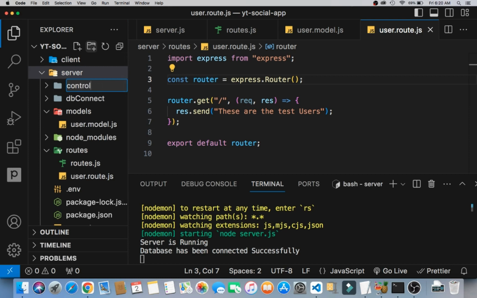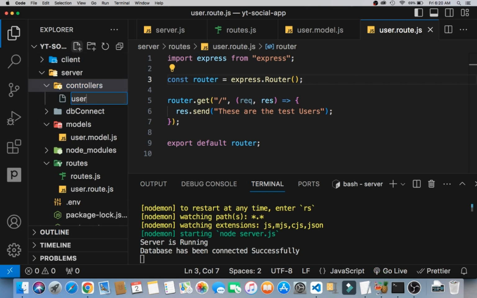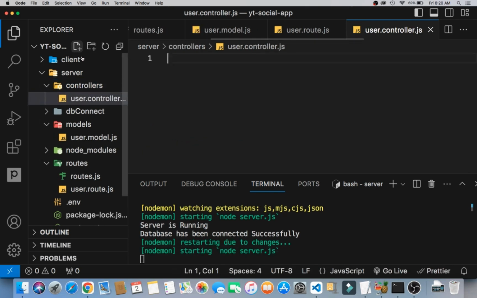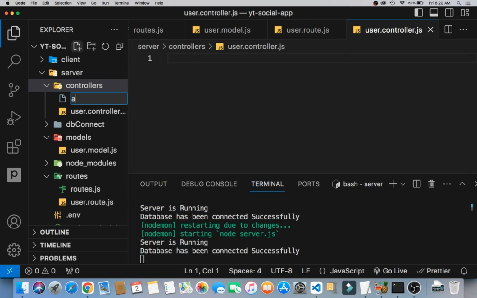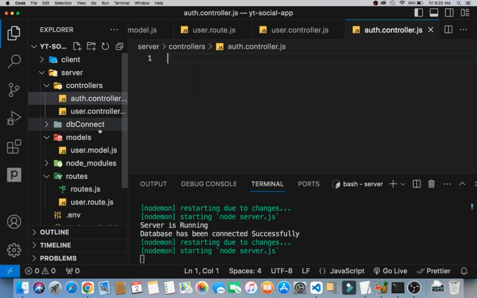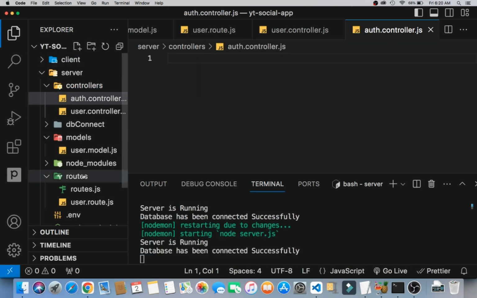So you have controllers. We'll definitely have something like a user.controller.js, and then you can definitely have authentication. Since you are going to be working on authentication for now, then we have authentication dot. So authentication is too long, so auth.controller.js. Okay, so now that we have that, we want to make sure that we have it in our